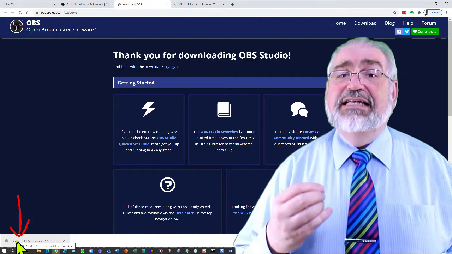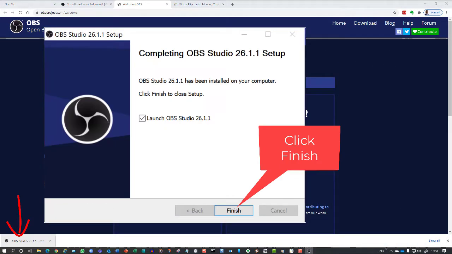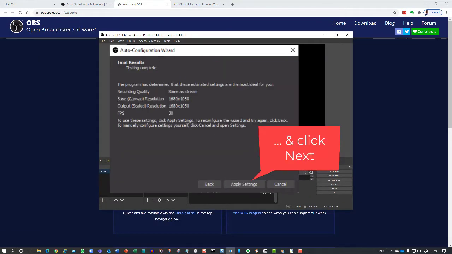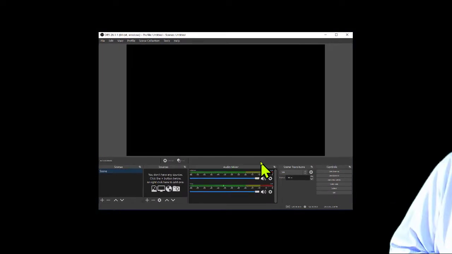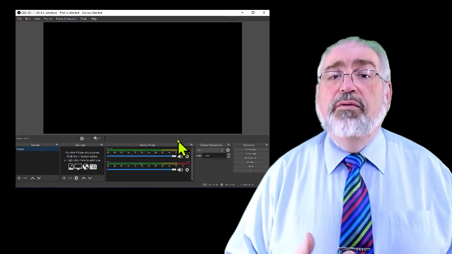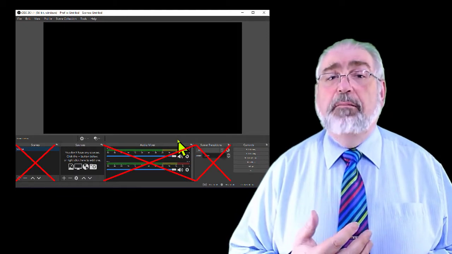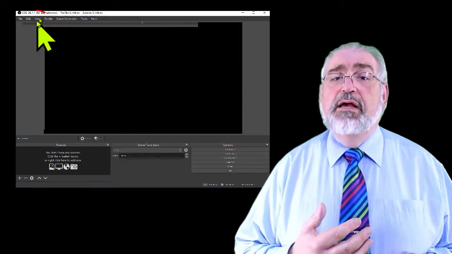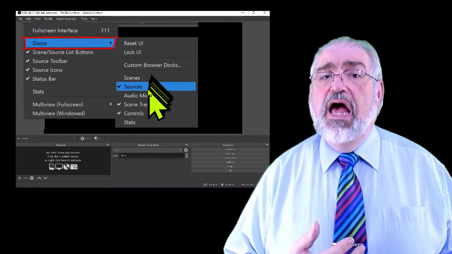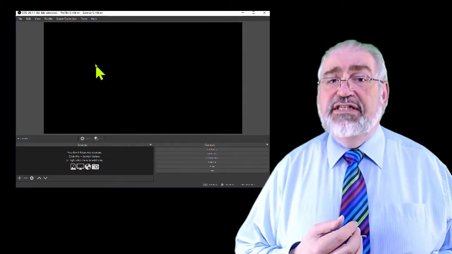And then click that download to install it. Once installed, clicking Finish will start the configuration process. Choose the third option for Virtual Camera, click Next and then Apply. Please don't be put off by the number of options it has. We won't need them, and so we'll start by simplifying things and switching most of them off. To do this, go to View and Docs and untick everything except Sources and Controls, and the result should look